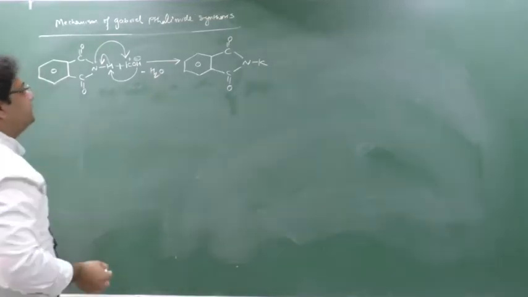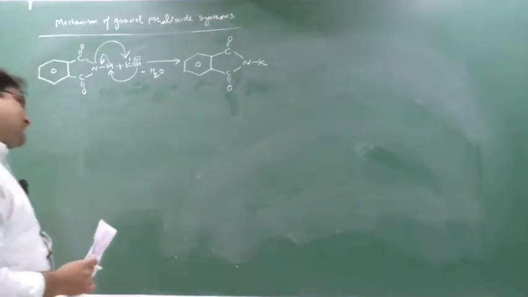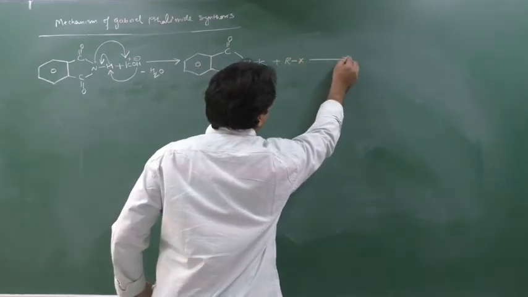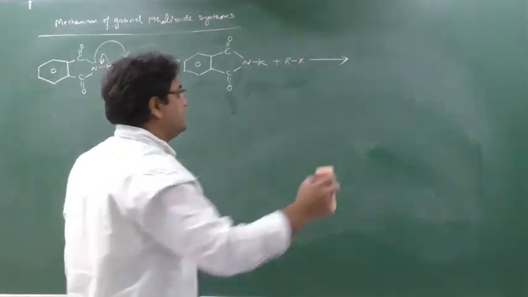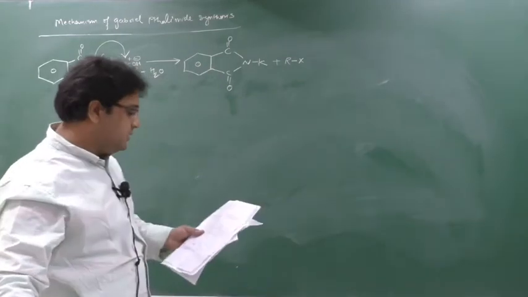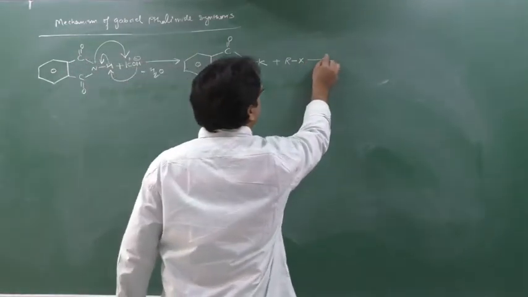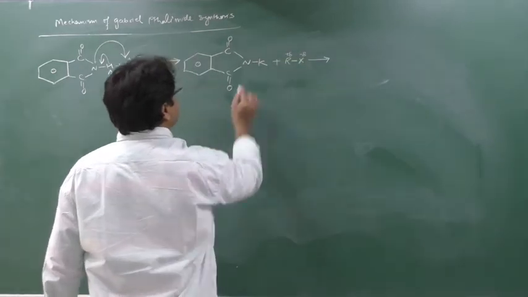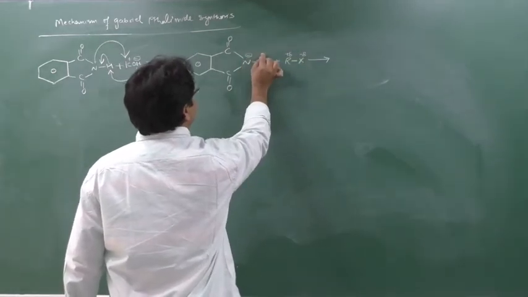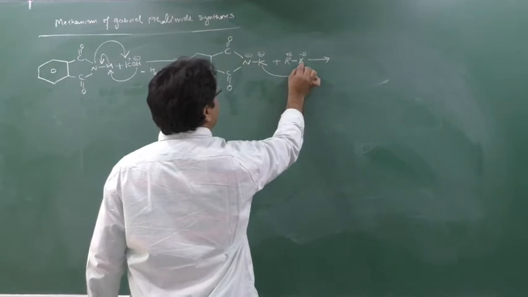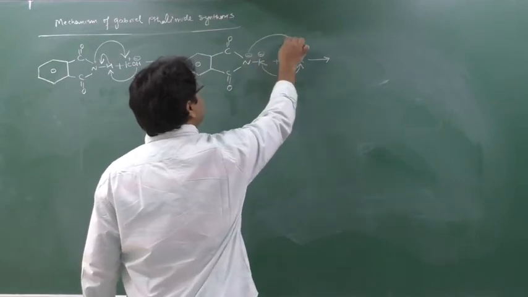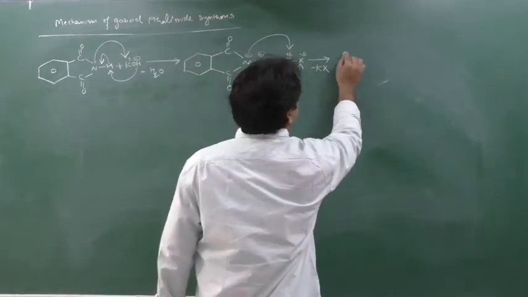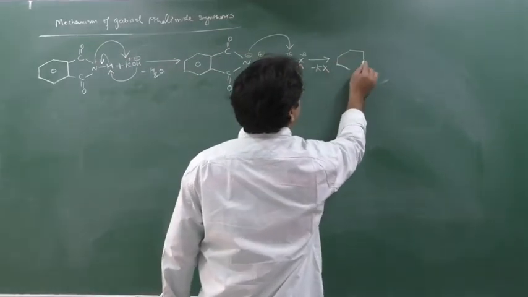H2O will be formed. Clear? In the second step, RX will come. RX is an alkyl halide. Yes or no? So RX will come. Now in RX, this is a partially positive charge, this is a partially negative charge. So out of this, this will be the negative charge, this will be the positive charge. So I am transferring KX. So this will be released from this place. So here KX will be removed, and you will get a compound known as here this